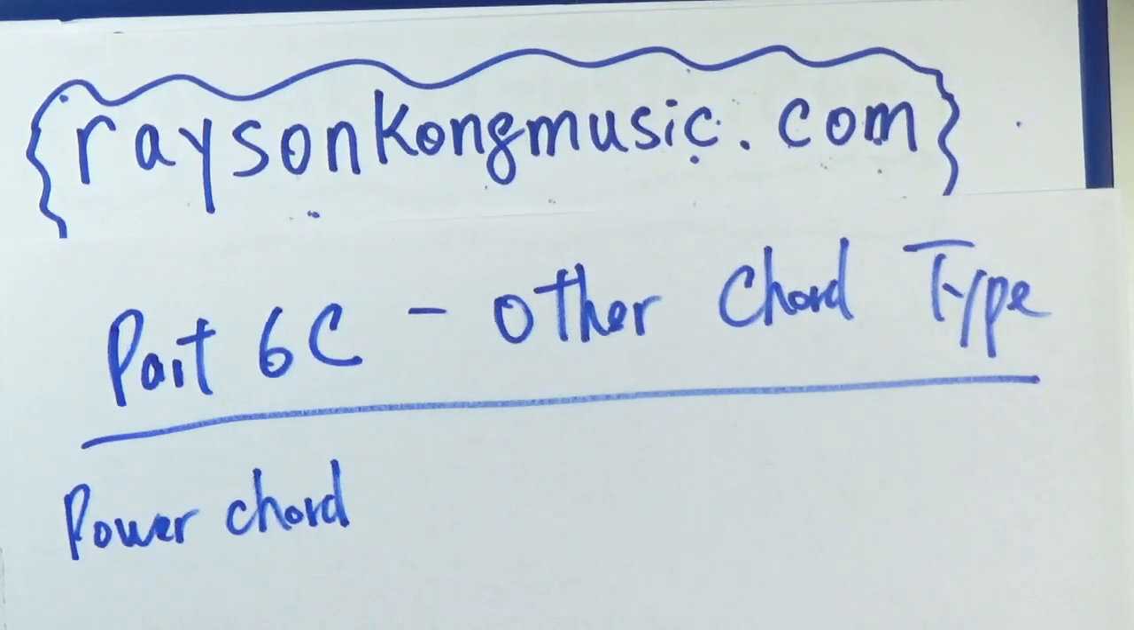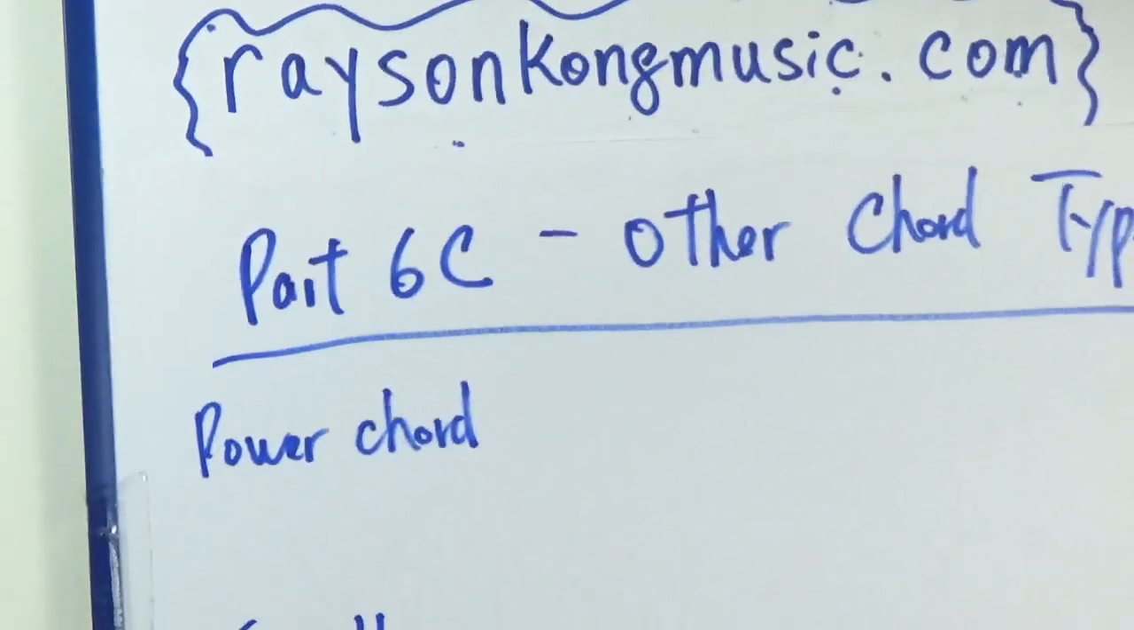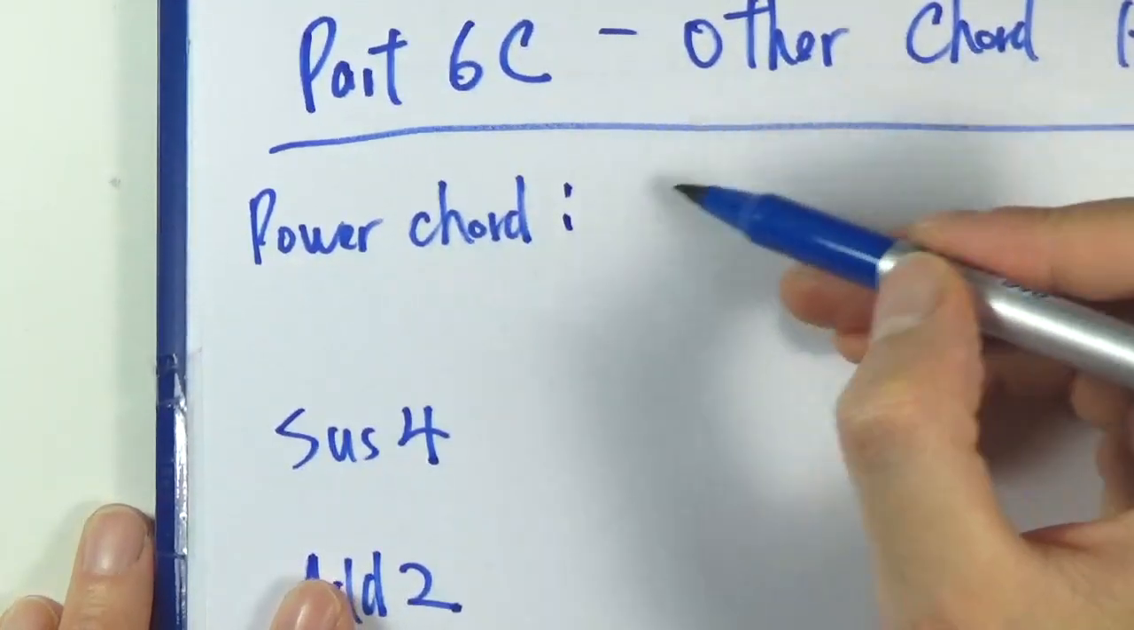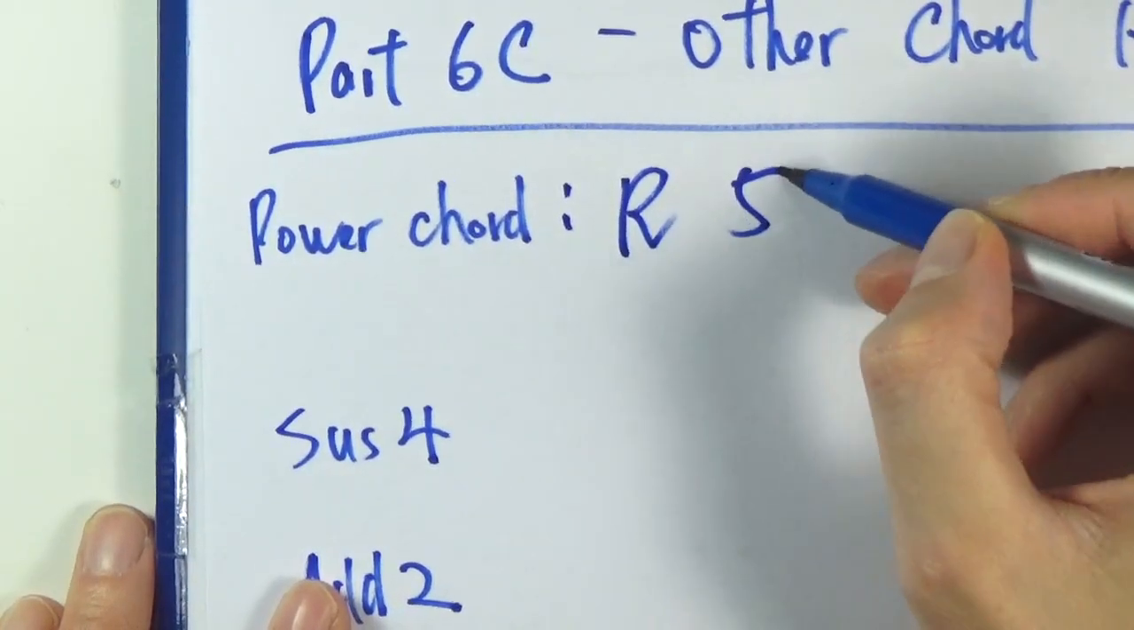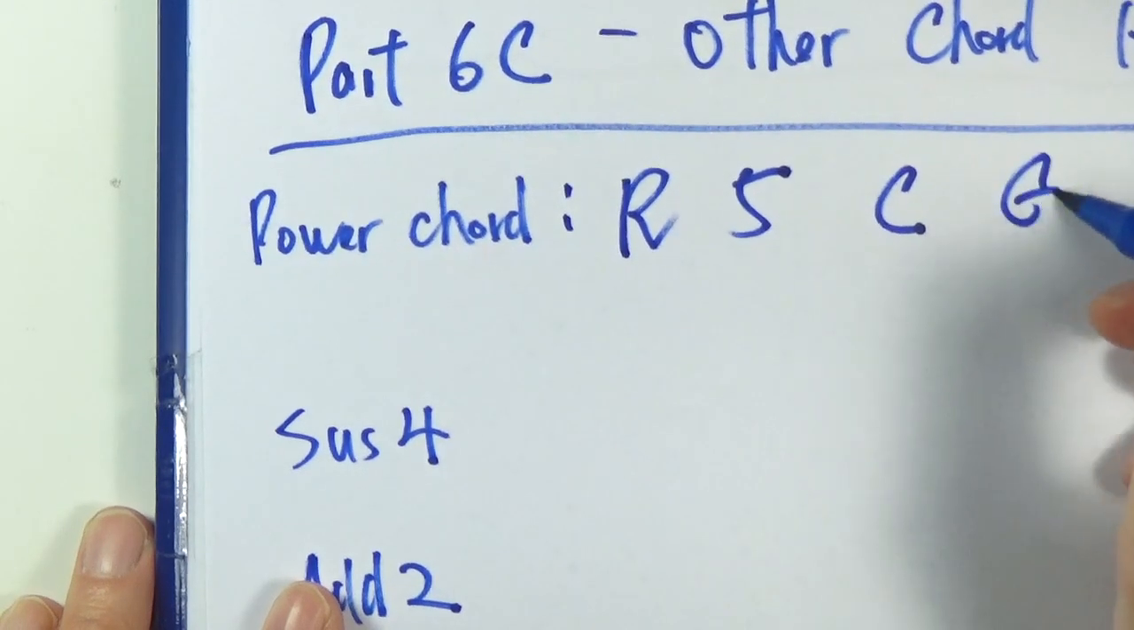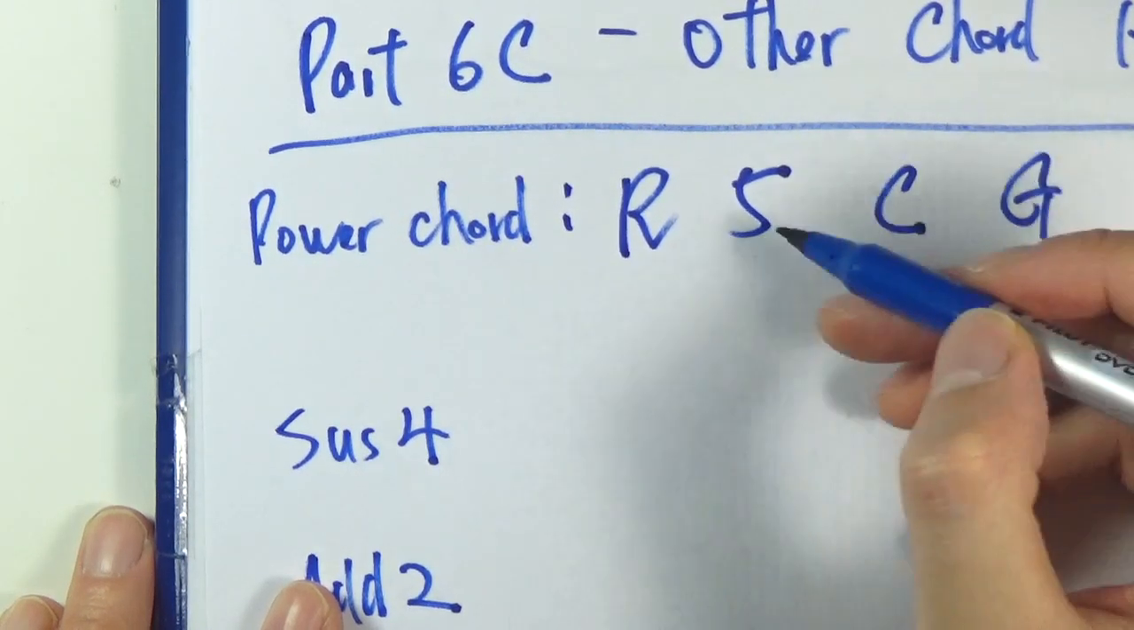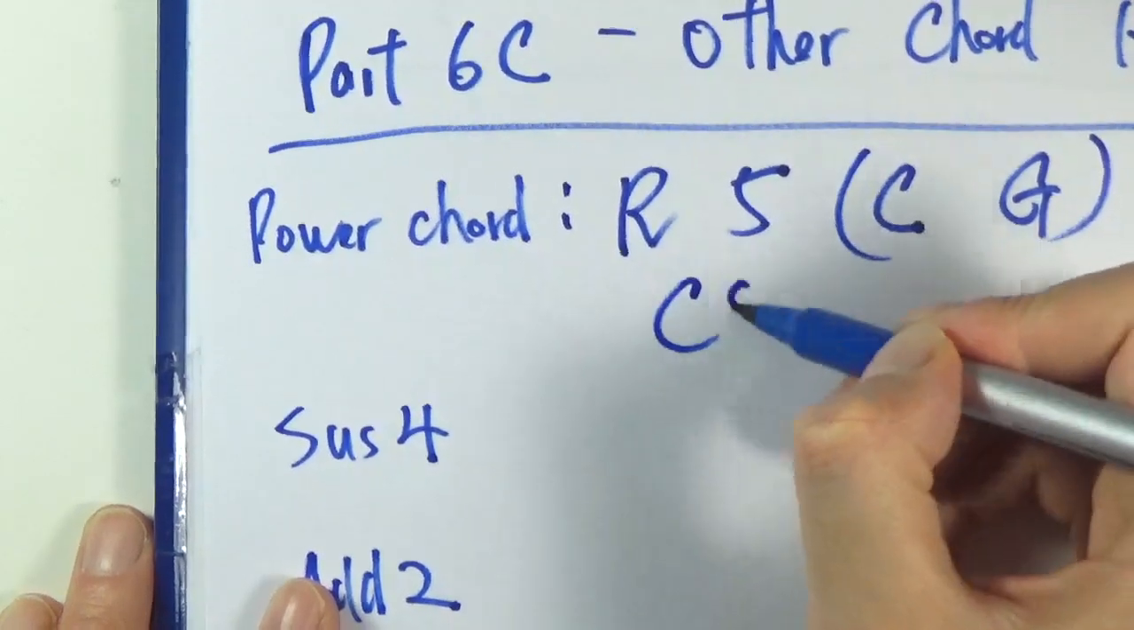Hello everyone. Let's do a review for part 6C on chord types, alright? So power chords involve two intervals, the root and the perfect fifth. For example, C, G would be a C power chord, which you can write out as a C5,